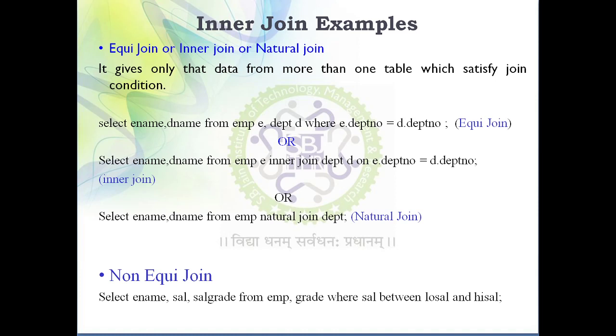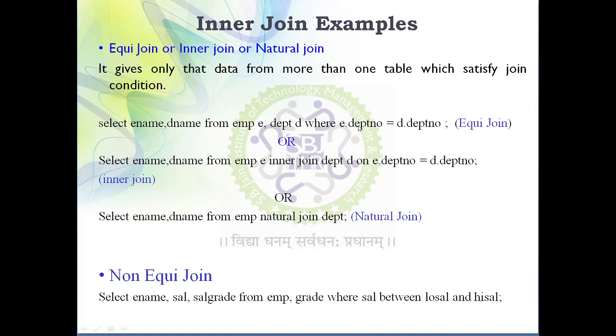And in between these two tables, what is the common attribute? Because I told you, in order to perform join operation, especially inner join operation, we require one common attribute. So between the employee and department, the common attribute is the department ID. So how can I write a query? By using equijoin: select ename, dname from employee E, this is again an alias, department D, where E.dptno equals D.dptno.